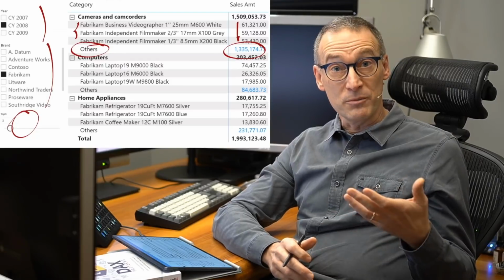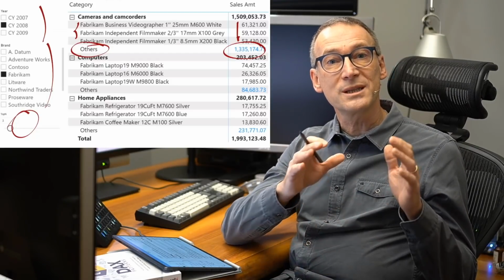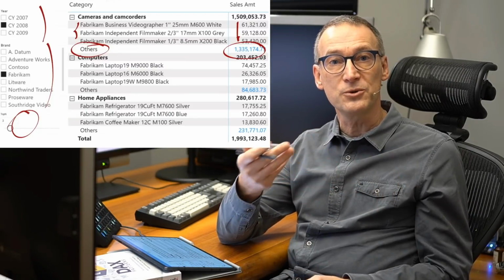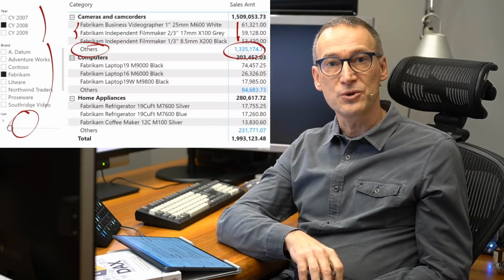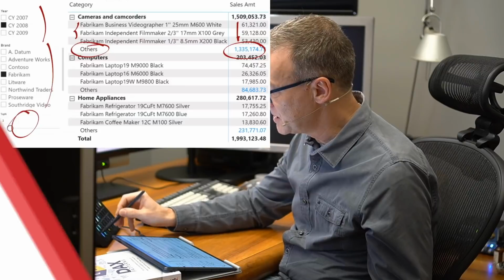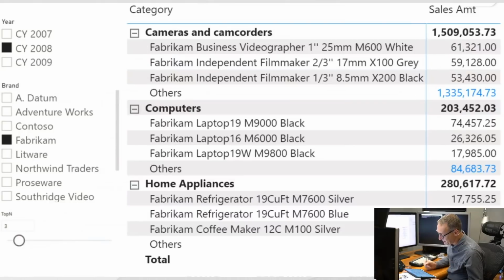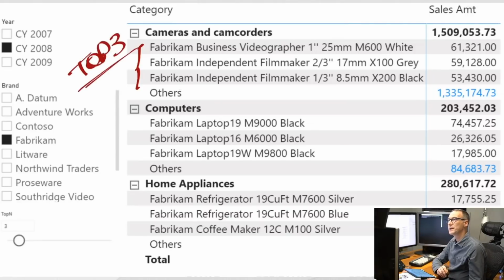model. Now, because we will need to write a lot of code, we start by analyzing the requirements and build a list of all the steps that we need to carry out in order to obtain the final solution. So let's start by analyzing the details of the report, searching for the important points. Let me clear everything, and the first thing we need to worry about is how to limit the visualization to the top 3. Here we have only the top 3 products. We will also have the row containing others, but that will be a next step. For now, we only want to limit the top 3 ordered by sales amount.